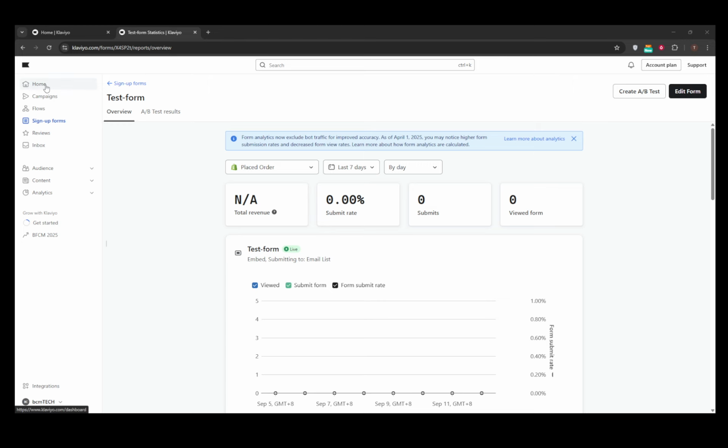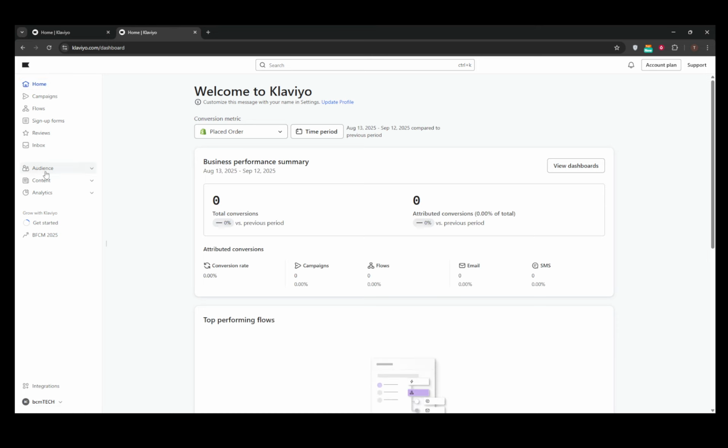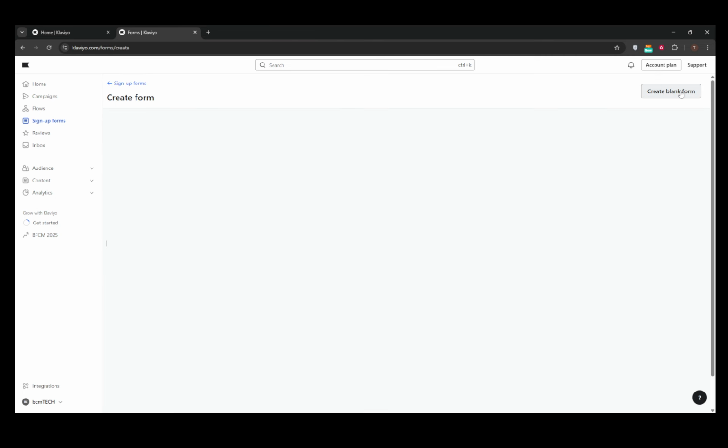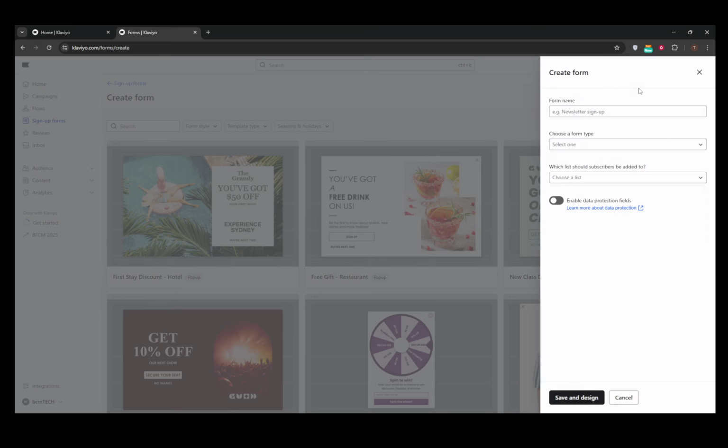To get started, open Klaviyo and navigate to the left-hand menu where you'll find the Sign Up Forms section. Click on it and you'll see an option to either create a new form or choose from a template. This is where you get to decide if you'd like to work from scratch or start with a pre-designed structure. Remember, the goal here is to shape it into a full-page form, which will ultimately replace the traditional concept of